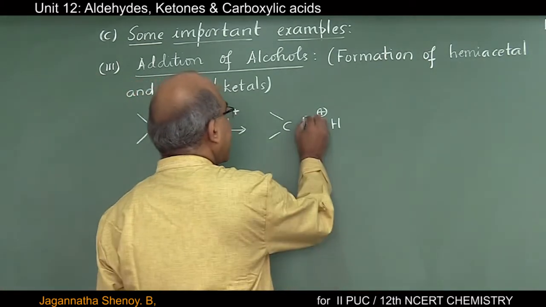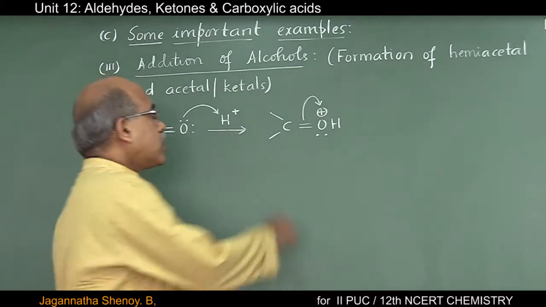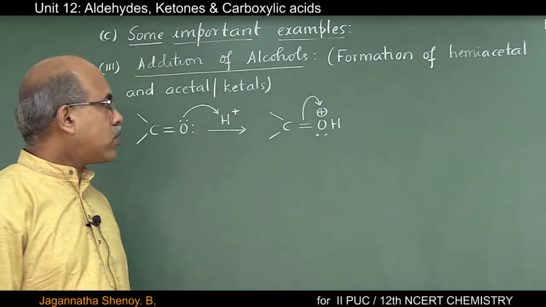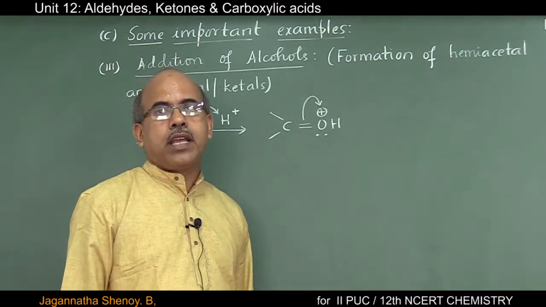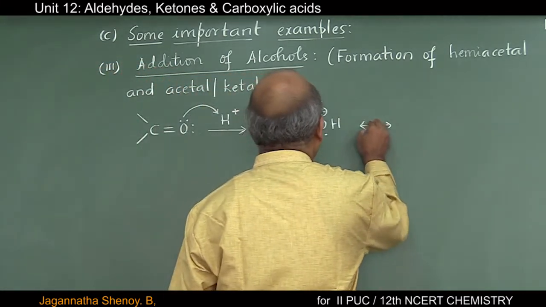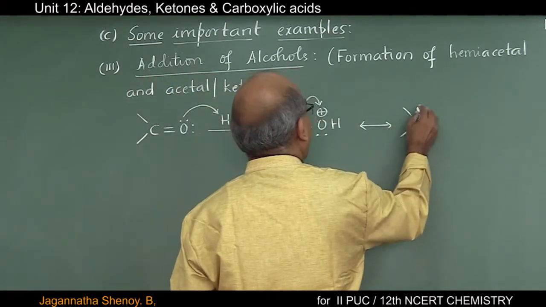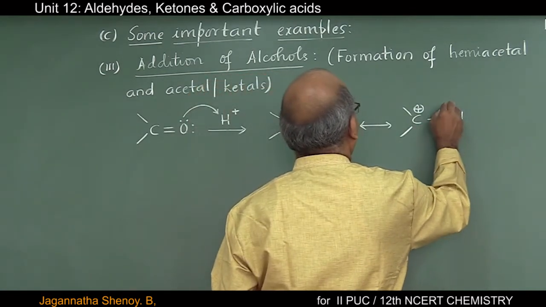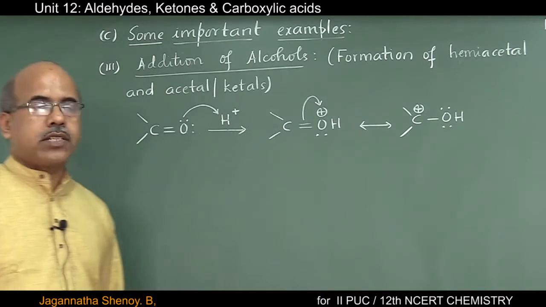Now what happens? The pi electrons get shifted to the oxygen carrying positive charge, because oxygen with a positive charge has increased electronegativity. The electron hunger of this oxygen is increased. That's why it will pull the shared pi electron pair towards itself. So how can I represent the structure then? I can represent it like this. You have a carbon with a positive charge, and here we have a single bond to OH. On oxygen we will have 2 lone pairs of electrons.